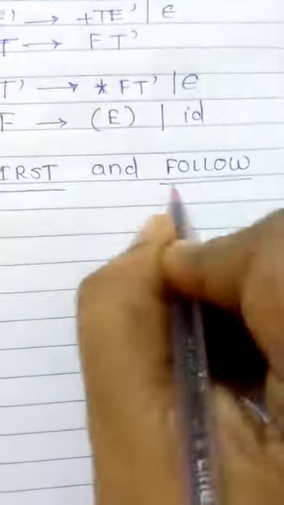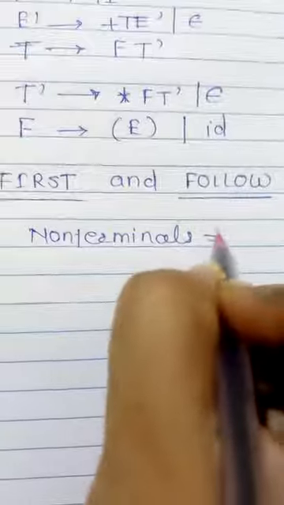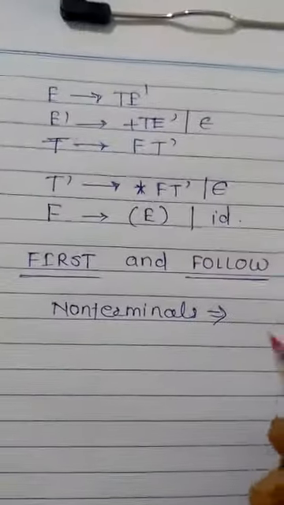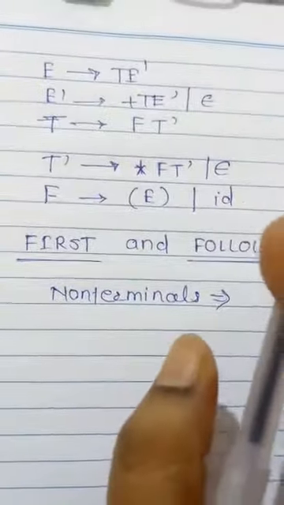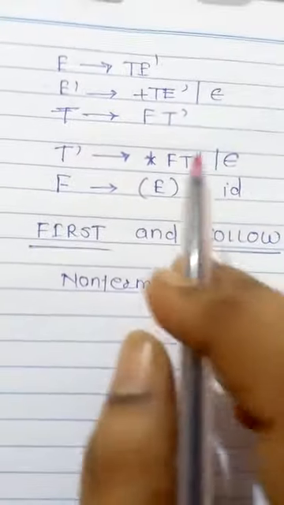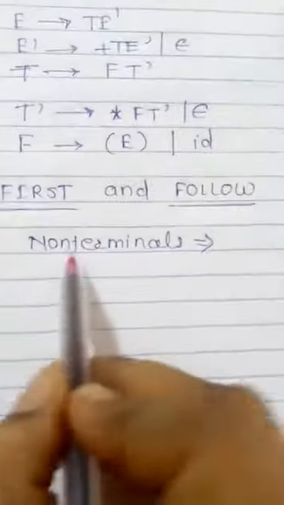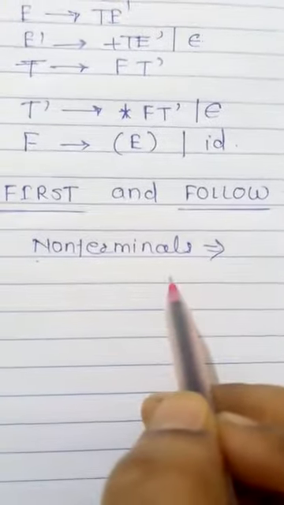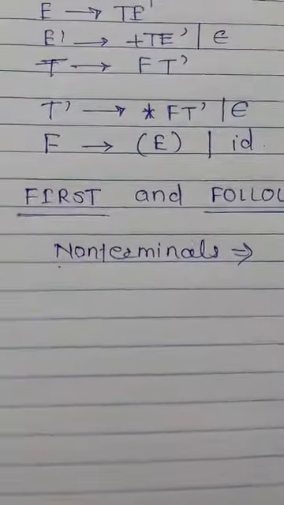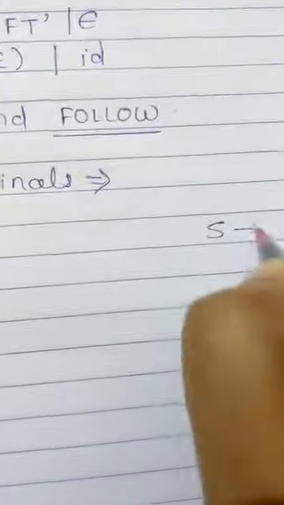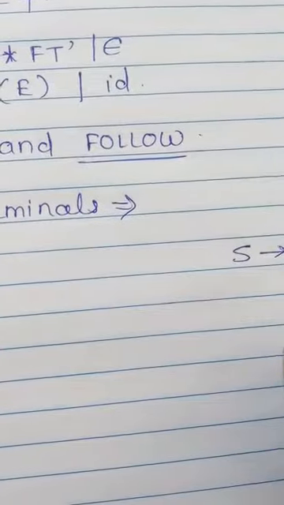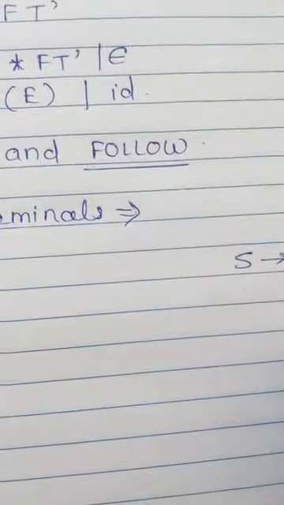First is nothing but, remember one thing, first and follow we have to always compute for the non-terminal, because whatever strings we are generating for the given grammar, they will always be derived from the non-terminal, isn't it? So first is nothing but whatever string is going to be generated from that particular non-terminal, what will be the first alphabet in it. For example, if I write S gives me A S B, or S gives B,